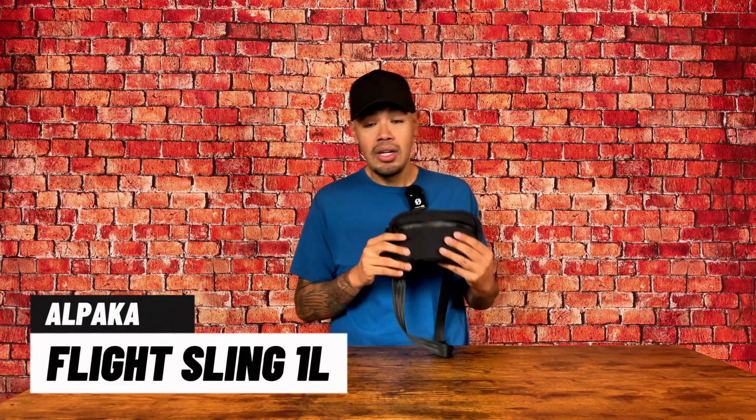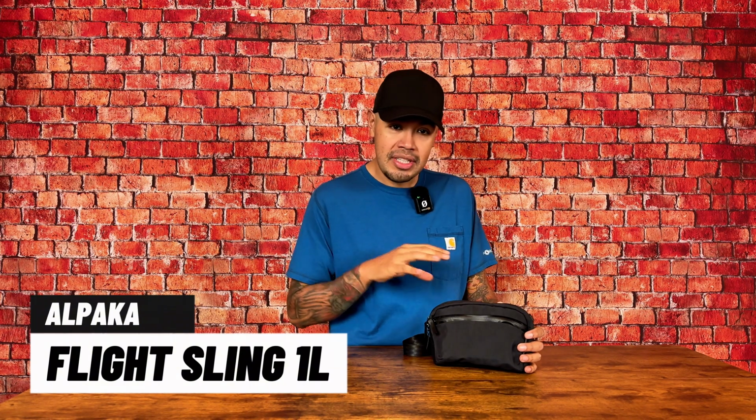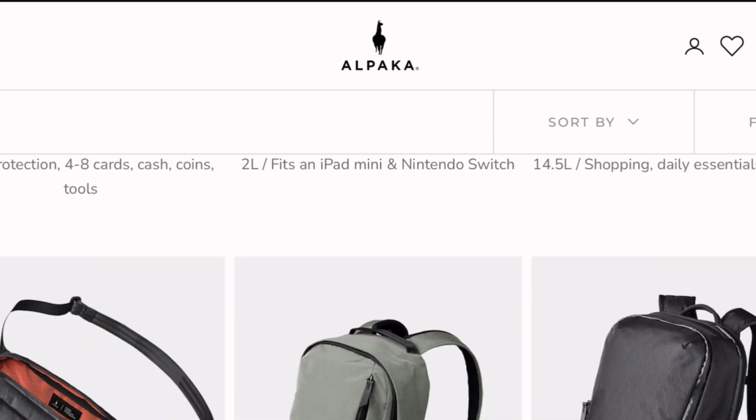And today I'm excited to bring to you one of my personal favorites, the ALPAKA Flight Sling 1 liter. That is correct. Their very popular 2 liter Flight Sling has now shrunken down into this more EDC packable 1 liter size. Just in case you're unfamiliar with ALPAKA, they're an Australian-based gear company with a carry solution for everything